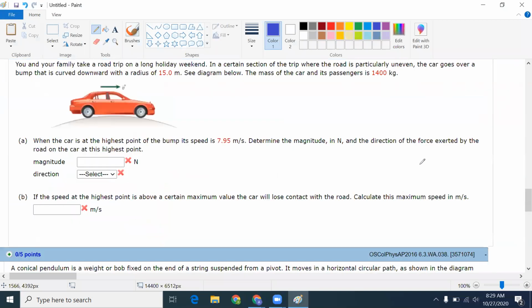5 is a car going over a hill. In this particular scenario, you go over a hill that has a radius of 15. Mass in the car with its passengers is 1,400. The car at the highest point of that bump is given as 7.95. Determine the magnitude and N of the force exerted on the road at the highest point. So that force that's exerted at the highest point is the normal force. We would expect it to be less than the force of gravity because the car is eventually going to go